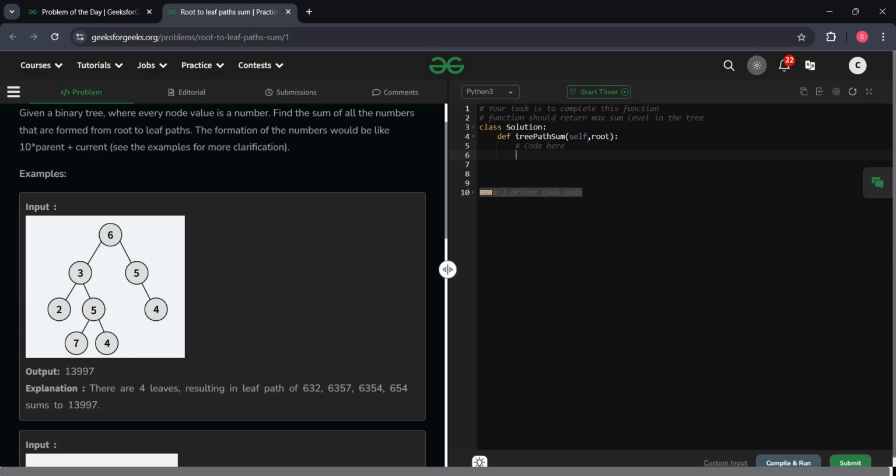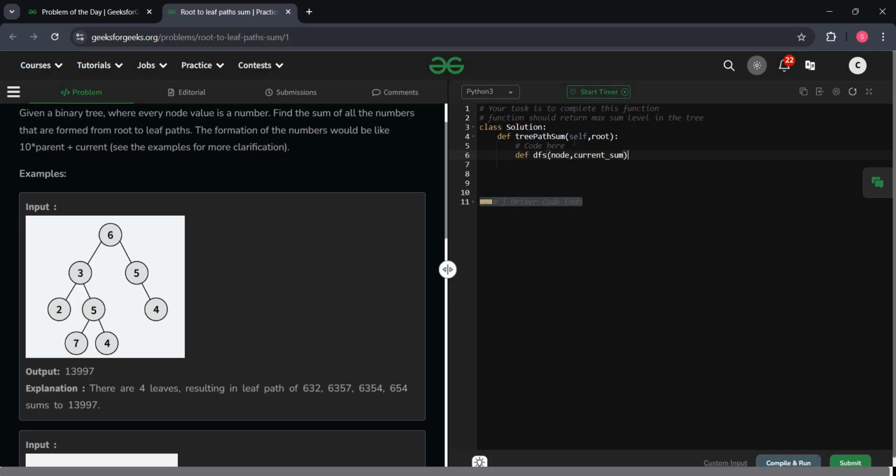is defined for us. We have a root passed, and inside the tree path sum, we are going to traverse this entire tree using the DFS, depth first search technique. We'll use it as a recursive function which helps us traverse the tree while calculating the path sums. Okay, now let's get into solving the problem. I'm just going to define the function def DFS node, and we are passing two parameters, that is node